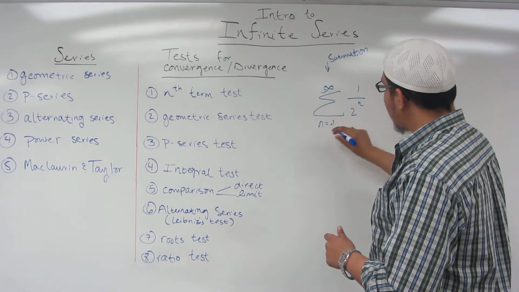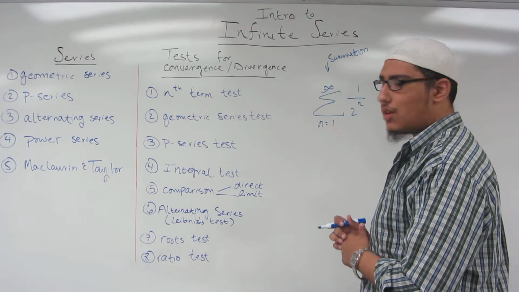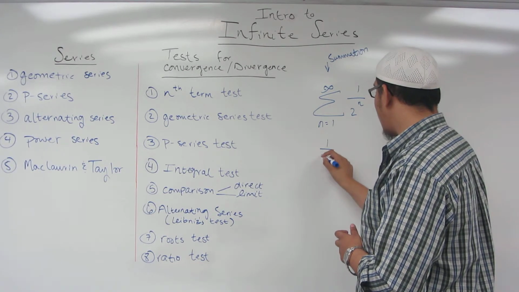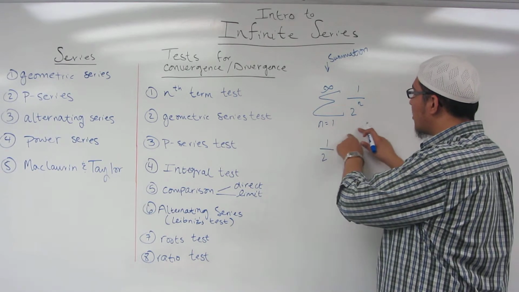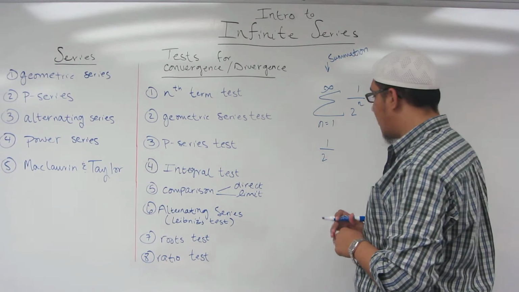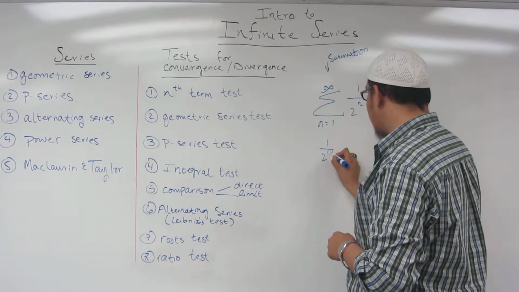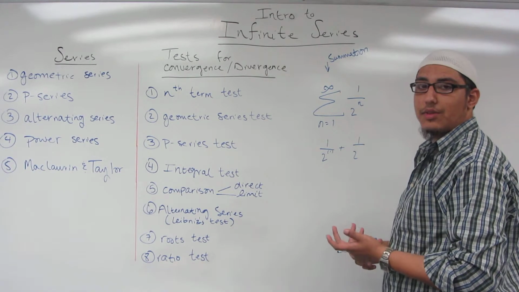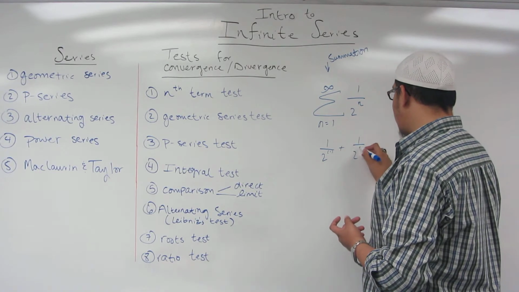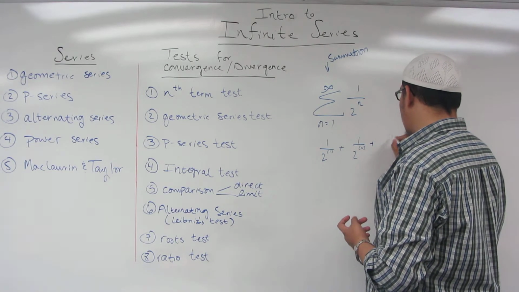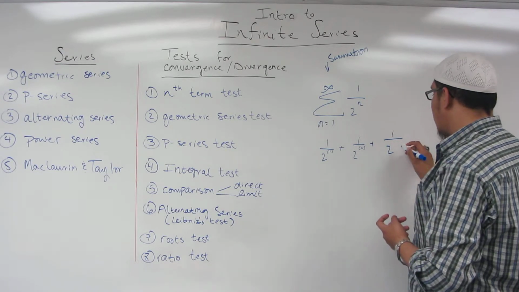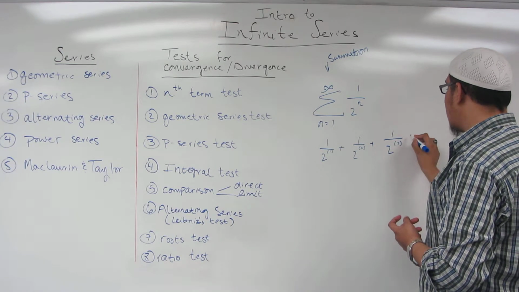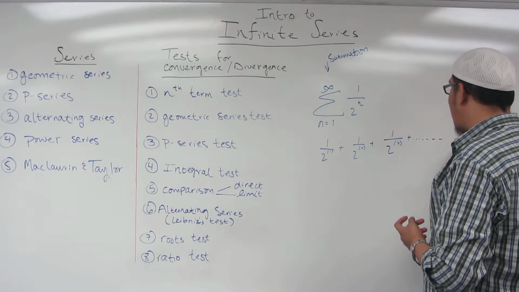So when I was talking about these indices, let me go into a little bit more information regarding that. Essentially what would happen is we would come here and write 1 over 2, and for n equals 1, substitute the 1 directly into there. So we'd have 1 over 2 to the 1 plus 1 over 2 to the, well, the next index value. After n equals 1, it would have to be n equals 2, plus 1 over 2 to the n equals 3, plus n equals 4, 5,